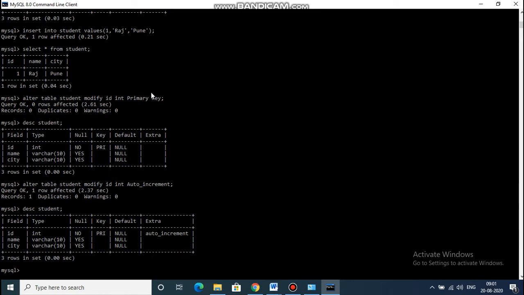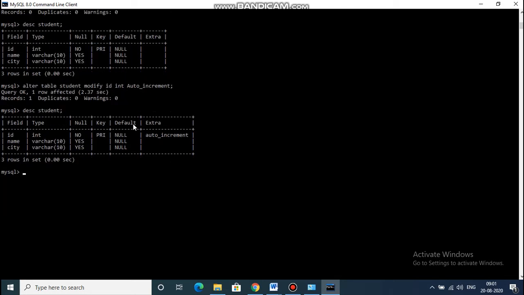So what is the purpose of auto increment or sequence? While inserting data into the table, from now onwards it will automatically generate the ID field with sequence. Insert into student.